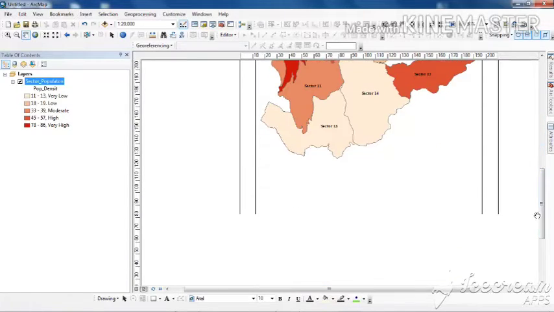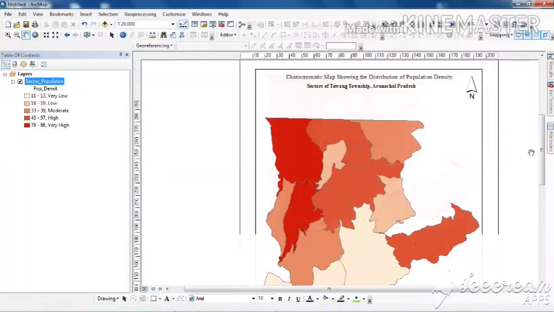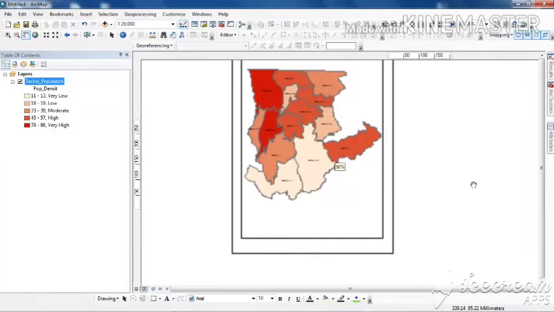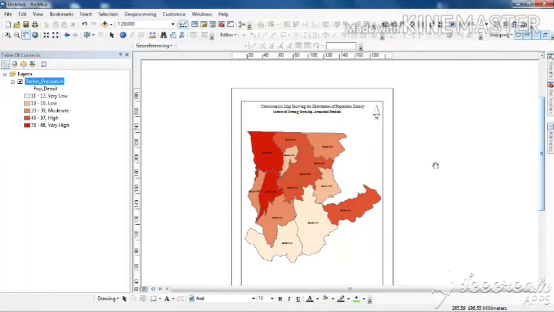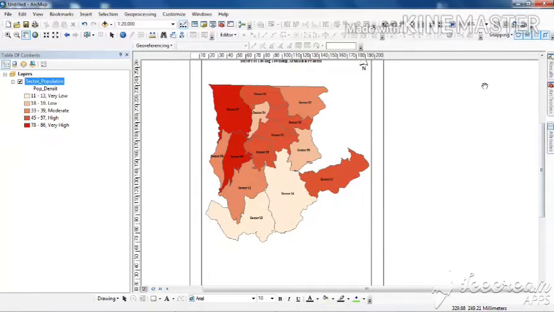Okay, one thing you should know is why I have chosen this choice. You just see I am zooming out a bit. The data which we are using is quite elongated. It is extending from north to south, right? So henceforth I am using this. If the data had been extended in the east to west direction, I would have chosen a landscape format. So 60%, 70%.